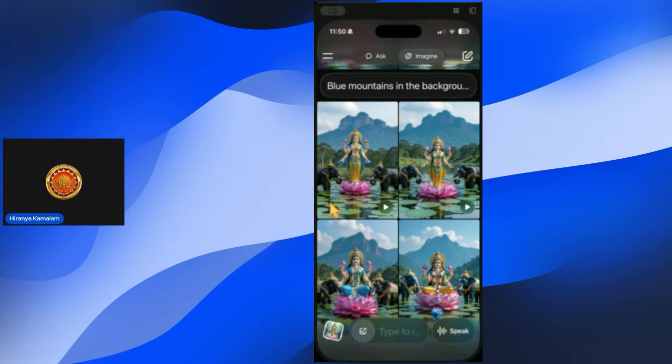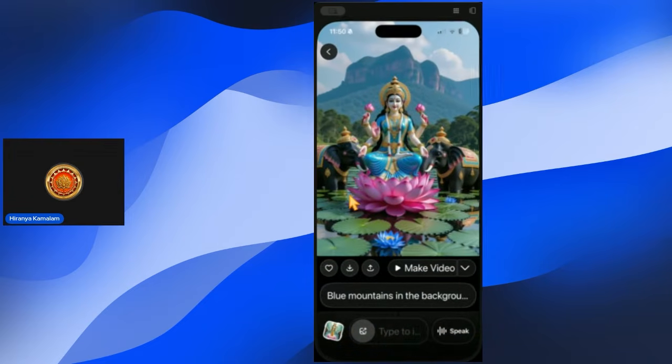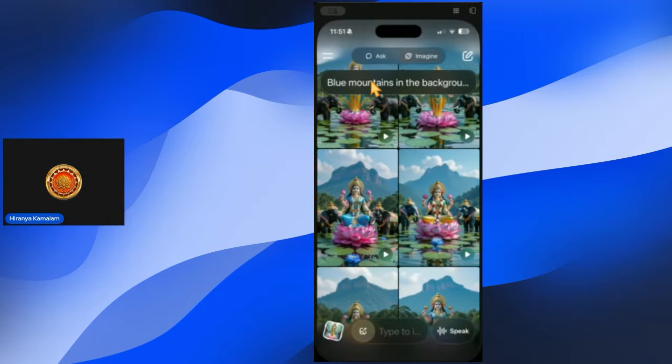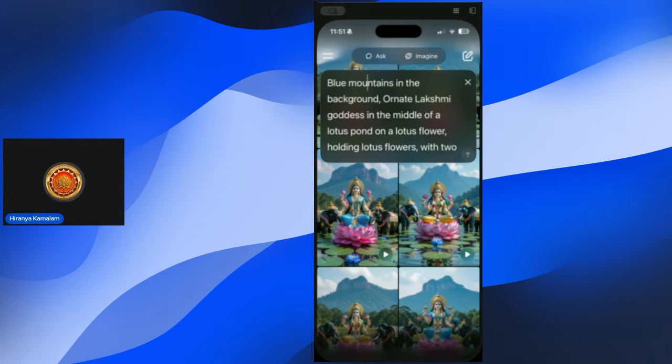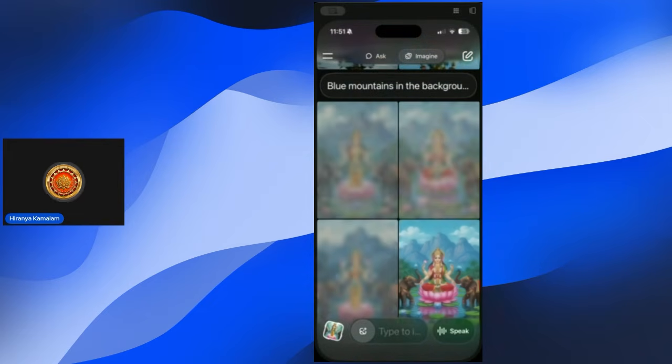Nice. The one thing I would like to modify, because these don't look like real life images, right? So I probably want to update the prompt saying add ornate, animate this little bit, animate. That's the key word.